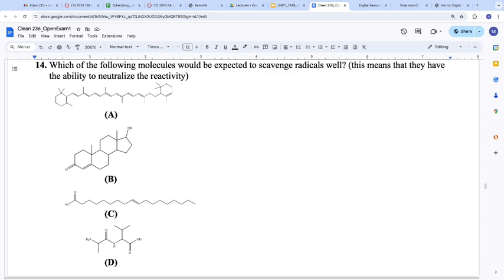So if we can form a radical in any one of these molecules, can that radical move through the entire structure? If it moves through the entire structure, this has now become less reactive, because instead of being in one spot where it can now be stabby and dangerous, it's across 20 different spots, all simultaneous. So which of those molecules would allow for lots of resonance of said radical? A. Guess where A is found? Actually, I think A is not found where I wanted to say, but